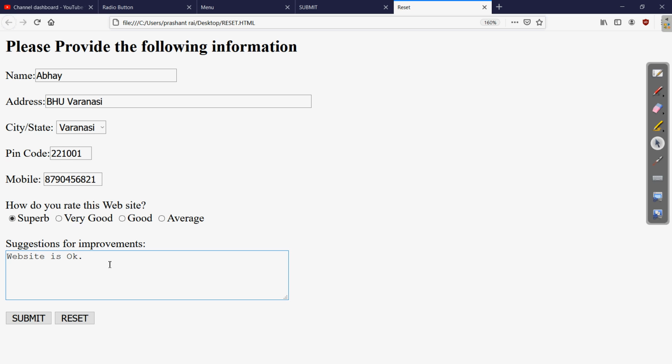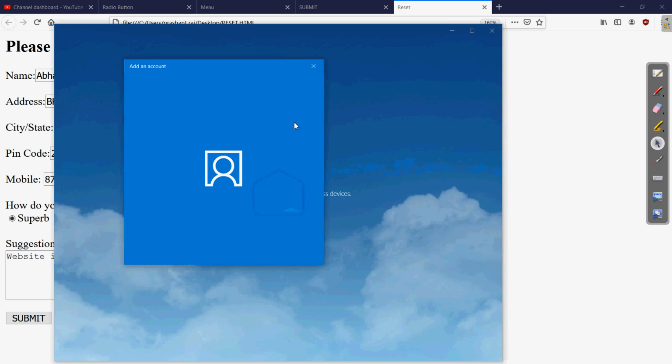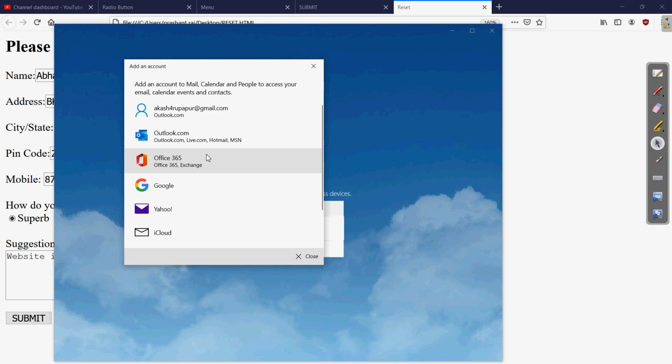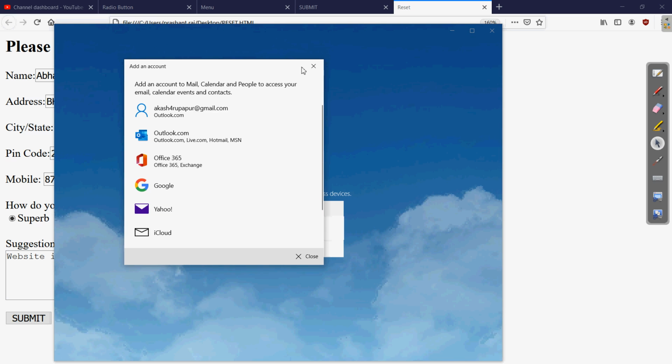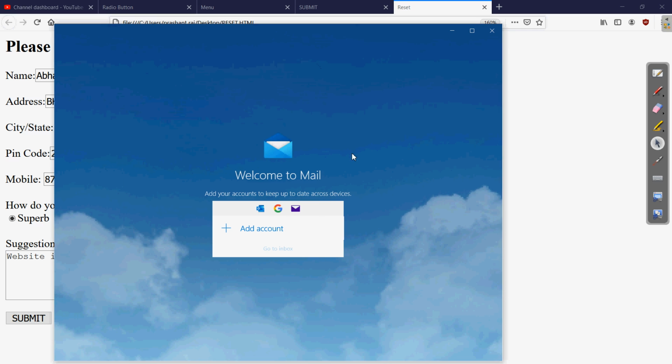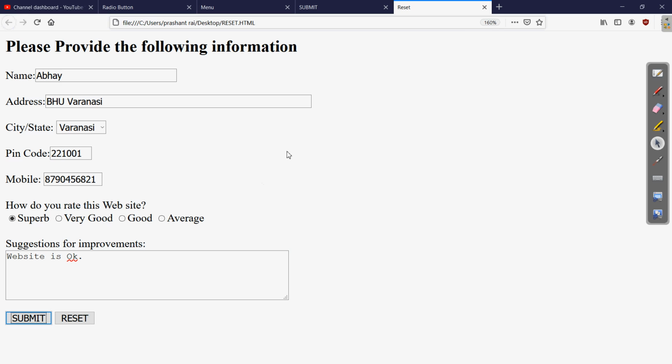Okay, so after writing these, let us see now. Already we have seen the use of the submit button, that if you click on the submit button, it will open the mail service which you use. So using that we can log in and send the mail to the person whose mail address we have written in the mail to attribute.